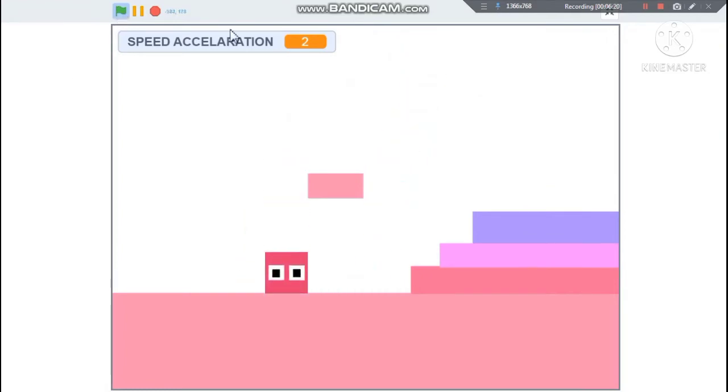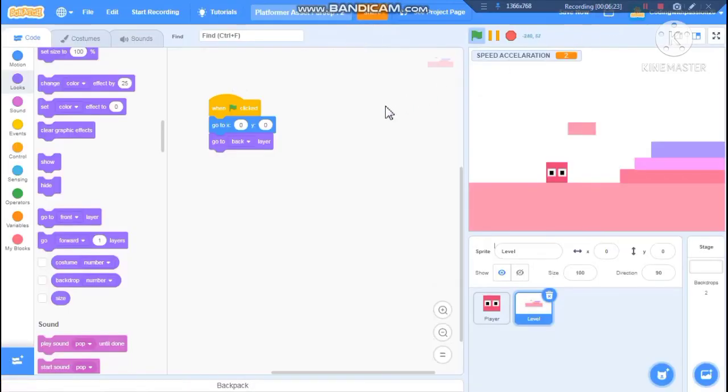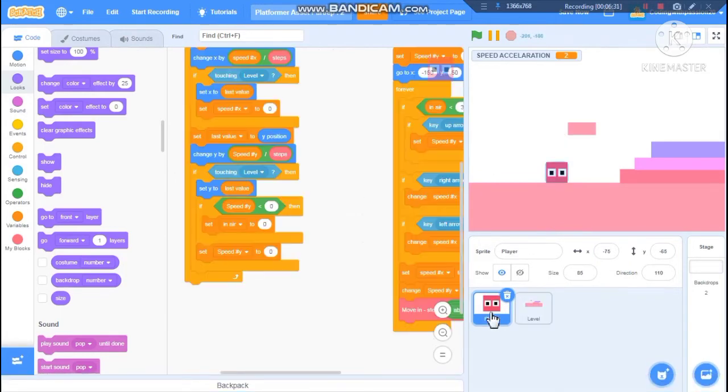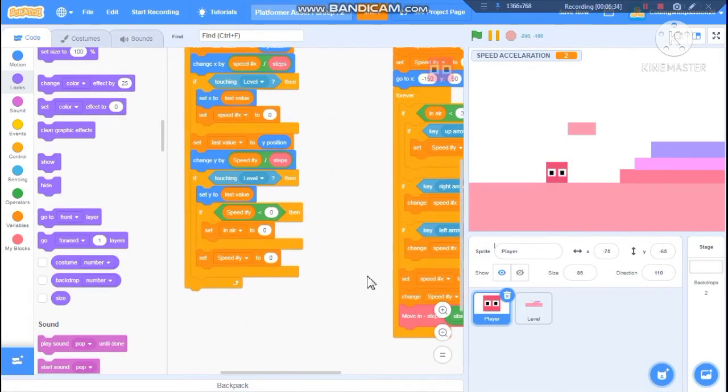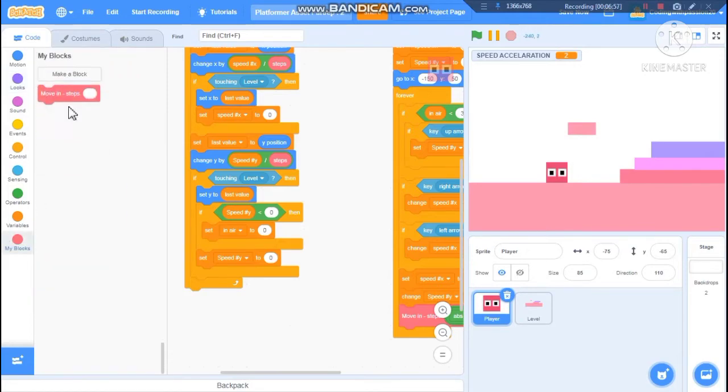Okay, now find your colors. So now click on your clear sprite, and this is the way I want to proceed with the collision detection in this platformer. As we continue to enhance this project, we will have more colors and more sprites to collide with, like the moving platforms and the spikes, etc., and many other sprites that I will show in later episodes. So for that, let's create a new custom block and name this